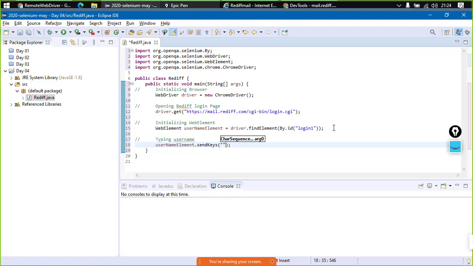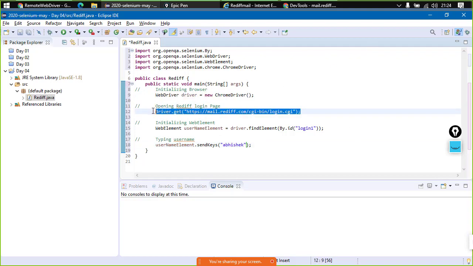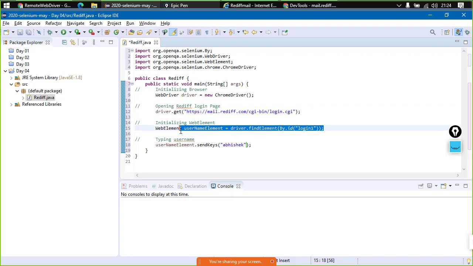Now I would like to type something, say my username. So let us just try something. What it would do is this line will open the browser, this line will take us to the login page, this line would retrieve the input field, that is the username field, and this line would enter the data here.